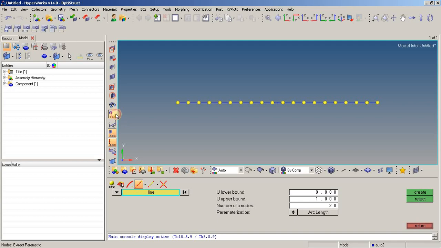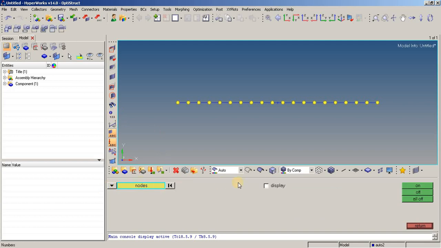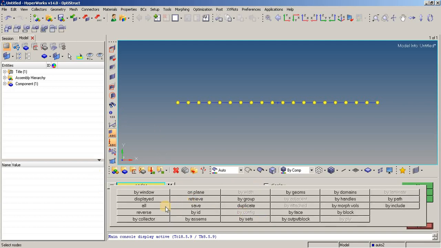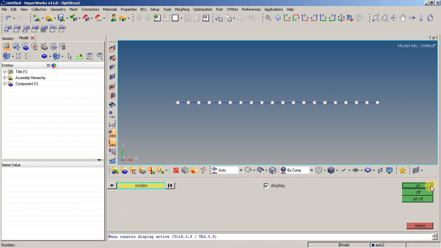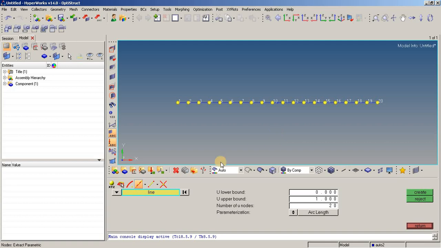So let me just click on this. Let me just choose all the nodes, display on. So you can see 20 nodes have been created over here. So basically this option will distribute nodes, and it gives equal spacing. And you can do this option on a line or on a surface. So basically surface also follows similar